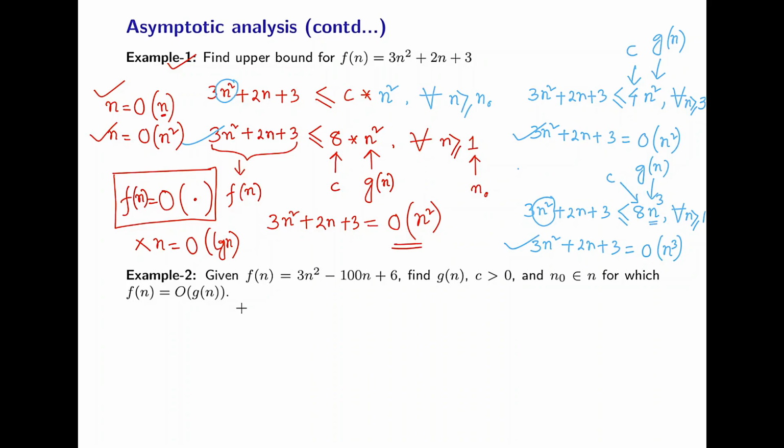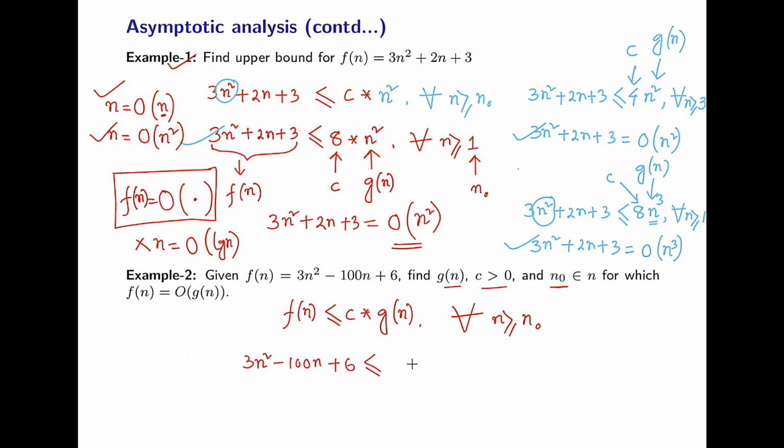Okay, now another example here. Given f(n) equal to 3n square minus 100n plus 6, find g(n), c which will be greater than 0, and n naught, for which f(n) is equal to big O of g(n). Now they said that already, that f(n) is equal to big O of g(n). So if f(n) is equal to big O of g(n), then we can write f(n) less or equal than c into g(n) for all values of n greater than or equal to some n naught. Now what is f(n)? f(n) is given: 3n square minus 100n plus 6